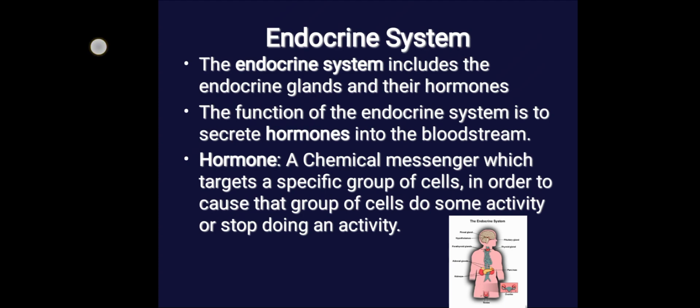The endocrine system consists of two important types of glands, that is the exocrine glands and endocrine glands. So let us understand exocrine glands. Exocrine glands release the secretion into ducts or tubes. For example, the liver releases bile. In the liver, there is the presence of bile, which is released into the gallbladder, then through a duct into the small intestine. The pancreas releases pancreatic juice into the small intestine via a duct. So, exocrine glands release the secretion into ducts or tubes.